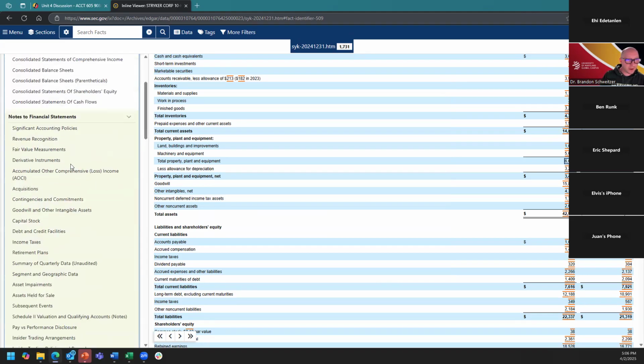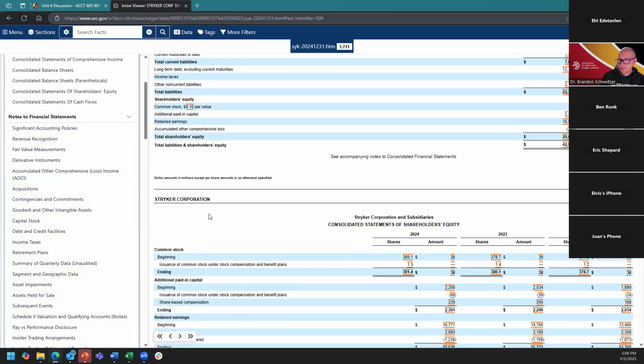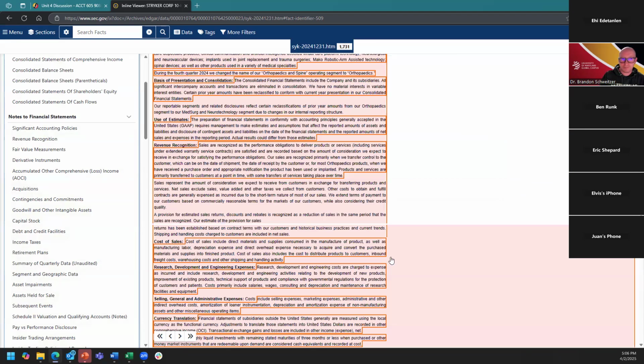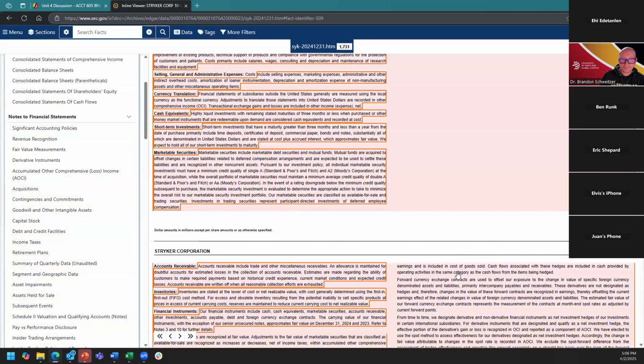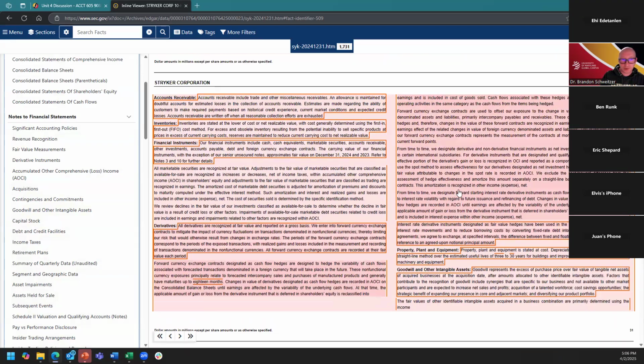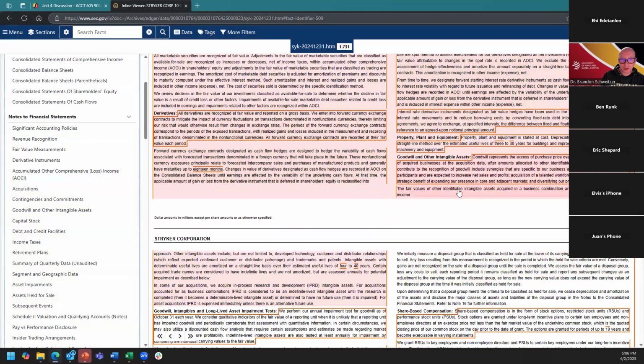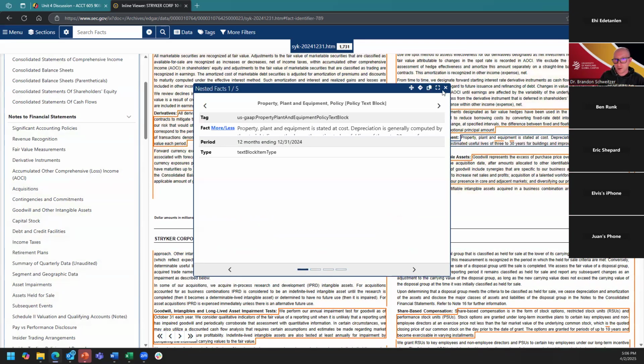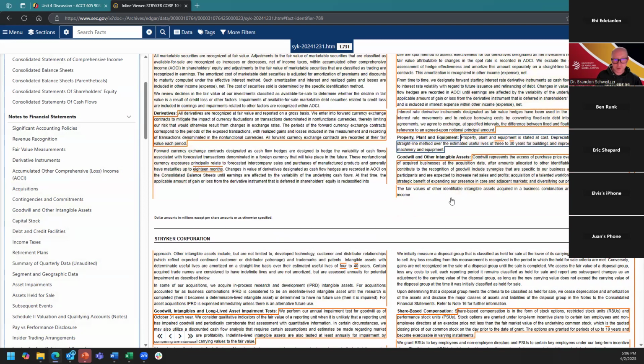You said they were on page, I'm sorry, what page did you say they were on? Page 31. So let's scroll down to 31. Cost of sales, marketable securities. There you go. Go up a little bit. You see property, plant, and equipment. Yep, got it right here. Okay, and that's the footnote. So what I would do in this case,